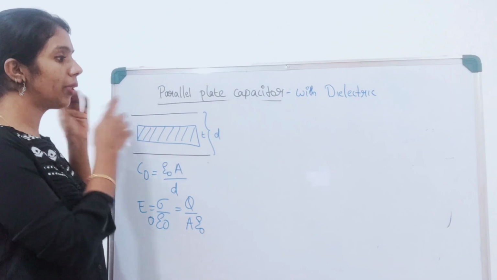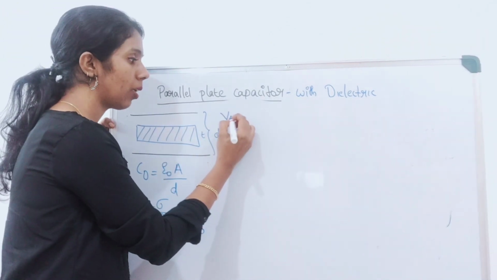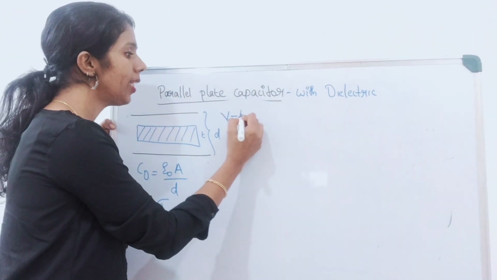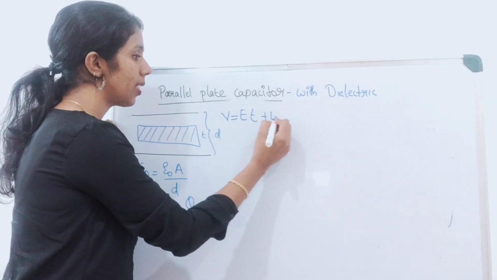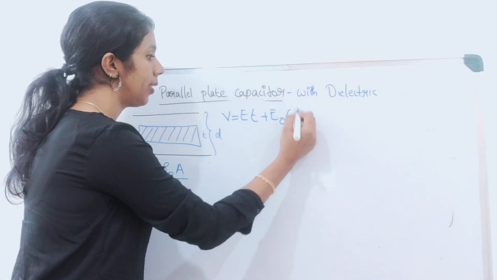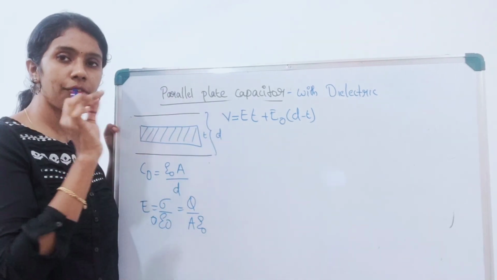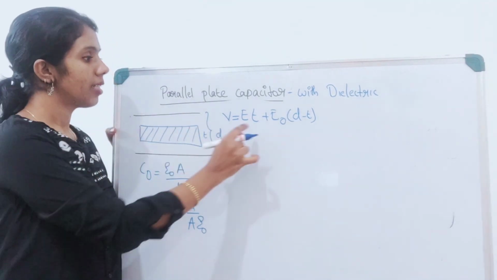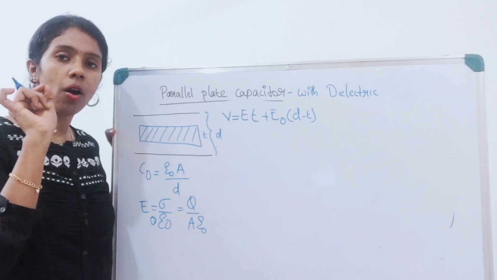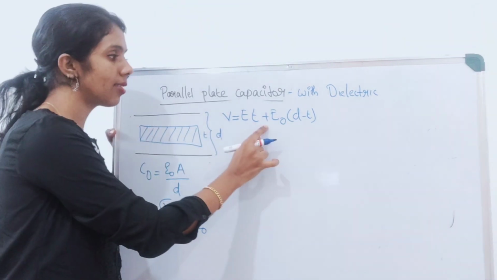So the total potential difference V will be equal to E into T plus E0 into D minus T,